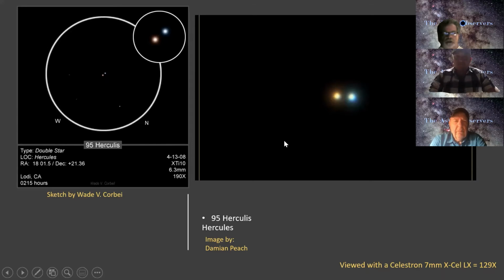You could see the colors. This star definitely had a copperish red color to it. The other one had a bluish green, or blue, color to it. Beautiful color contrast. In this drawing over here, the guy caught it really well. So if you want to look at a really nice, colorful, beautiful double star this time of year, this is one here,